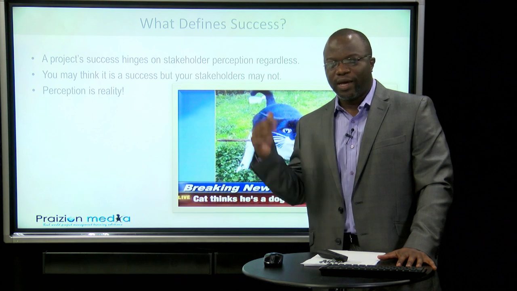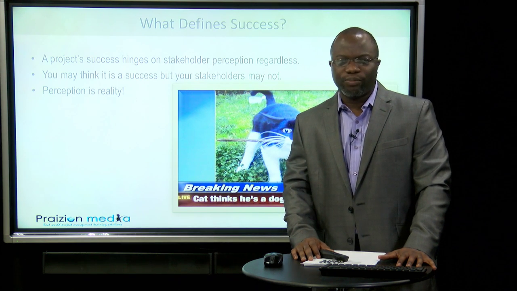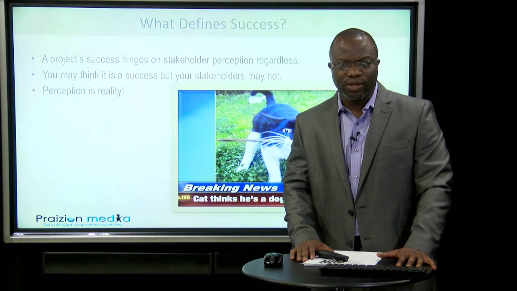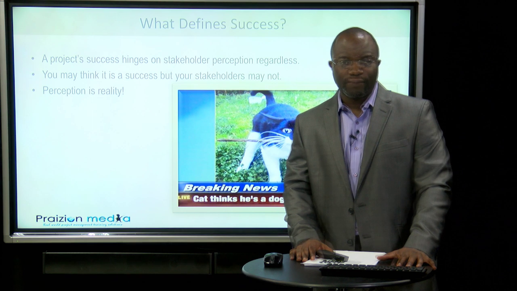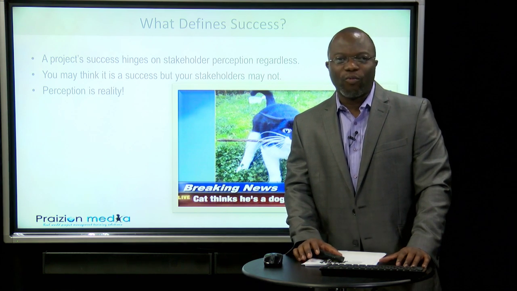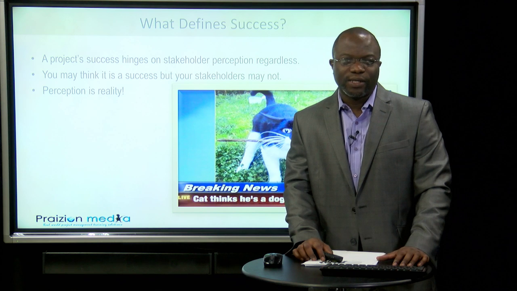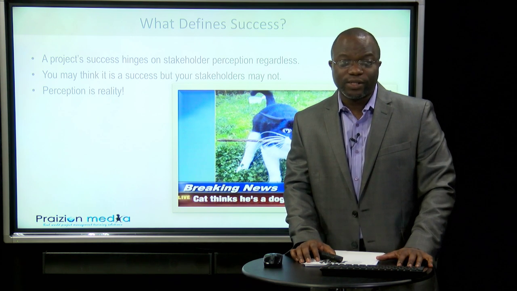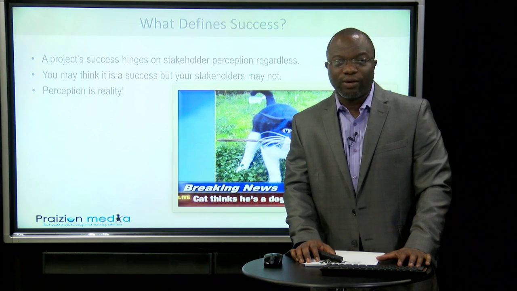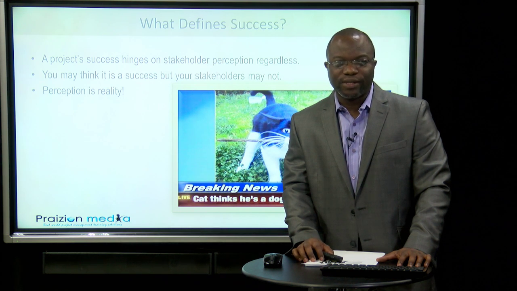So stakeholder management is such a big area that the PMI made it chapter 13 in the PMBOK Guide. When we come back, we'll take a look at what the PMBOK Guide 5th edition perspective is, taking a look at identifying stakeholders, planning stakeholder management, managing stakeholder engagement, and controlling stakeholder engagement.